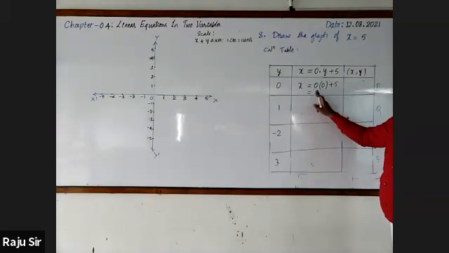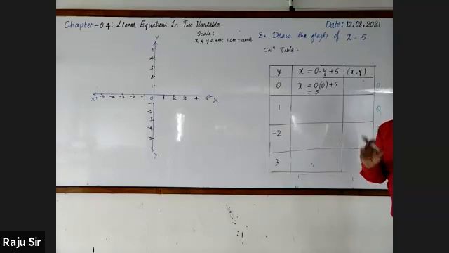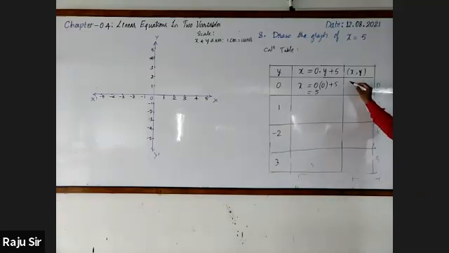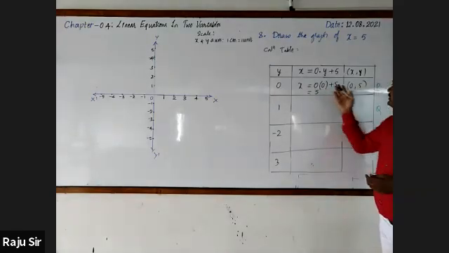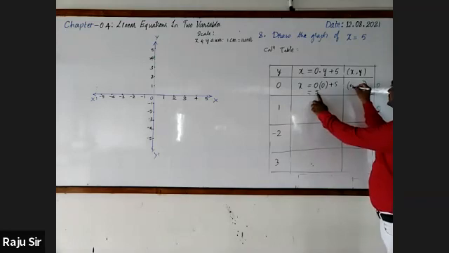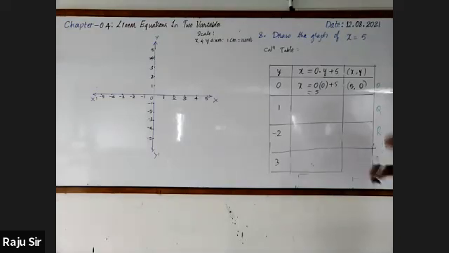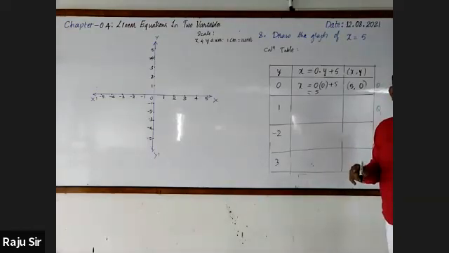When y is 0, x is 5. I tell you the most common mistake done by the students. Now, (0, 5)? First number, next second number. Actually, it is wrong. What should it be? (5, 0). When y is 0, x is 5. Have you written? Say yes. Sir, (5, 0). Okay, very good.